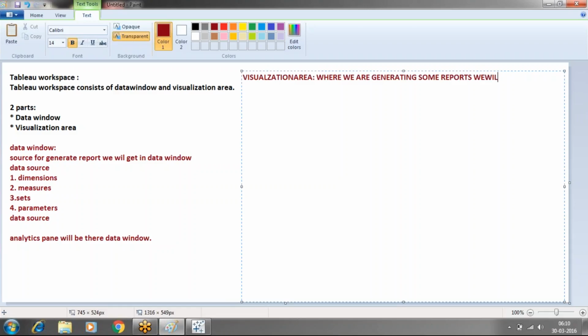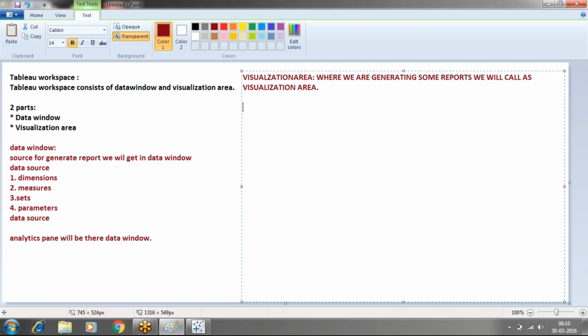We will call it the visualization area. Here, basically, we have